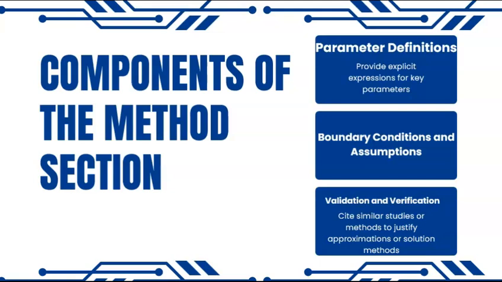And number 5, the fifth component of a theoretical paper's method section, is the boundary conditions and the assumptions you are making. Yes, some systems cannot be perfectly modeled, and so you get to choose an idealistic model so that mathematically we can put out some equations to them. And so these assumptions you make, these boundary conditions you decide, you need to state them in the fifth part of the method section. And number 6, finally, you